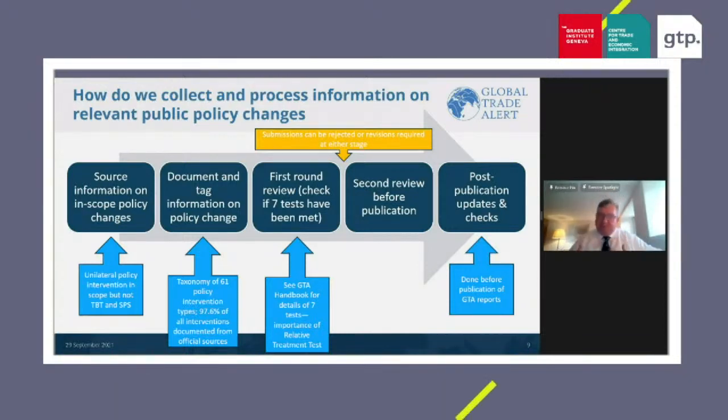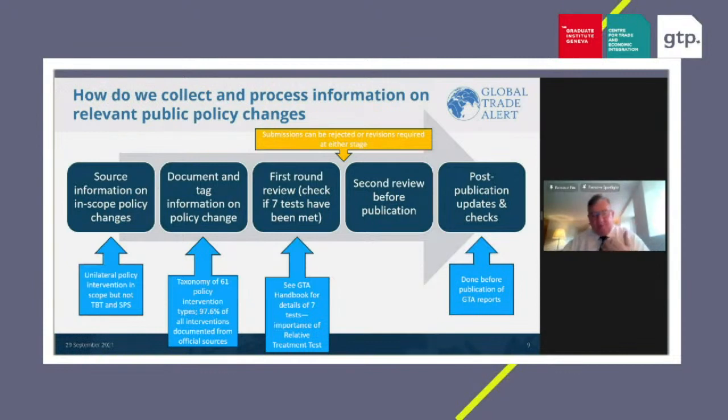This is important. There's a deeper point here which I would like to make, which is that although governments may be a little bit slow or hesitant to notify the WTO of their actions, often they're much more transparent to their domestic policy audiences. And what we are doing here, of course, is taking advantage of this transparency revolution in governance at the national level, and then translating that into improvements in transparency at the global level. And this is very much what we want to do.